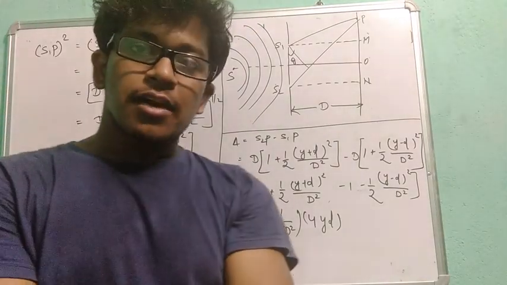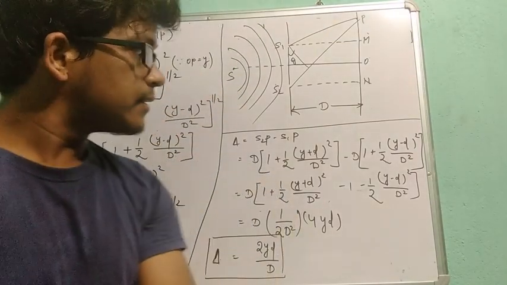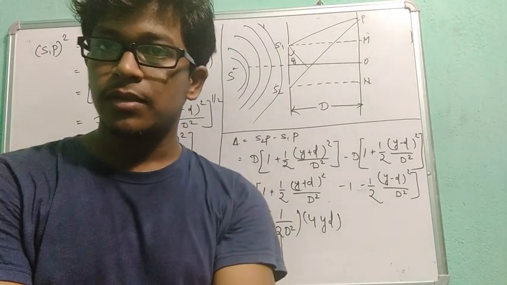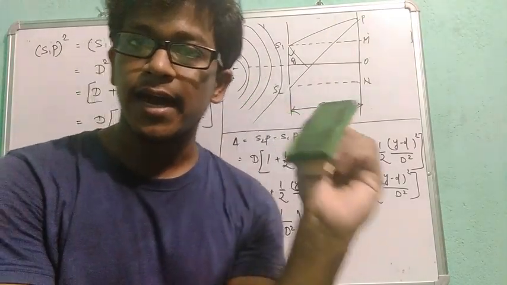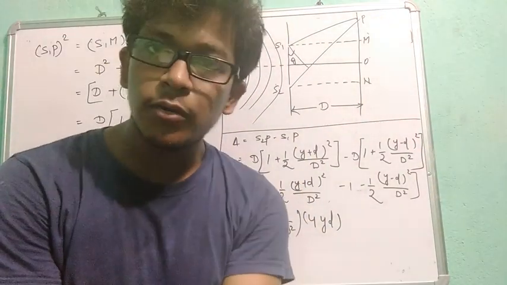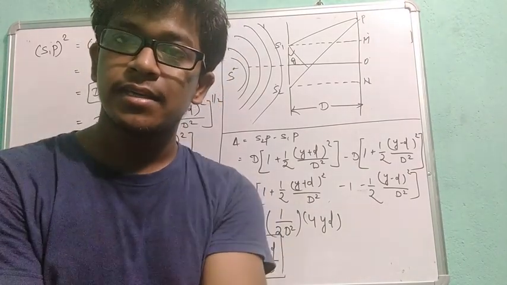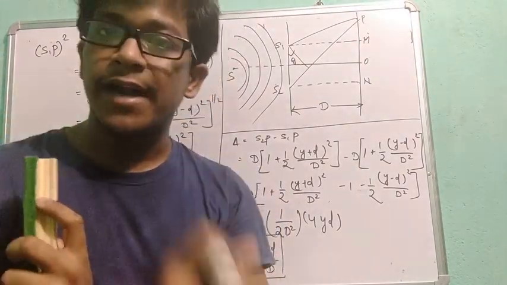My dear students, we got how we are getting the dark and the white fringes, and we got the total proof at which point we are getting dark, at which point we are getting the bright. Now it's our duty to get the width. What is the width of that dark fringe? What is the width of that bright fringe?